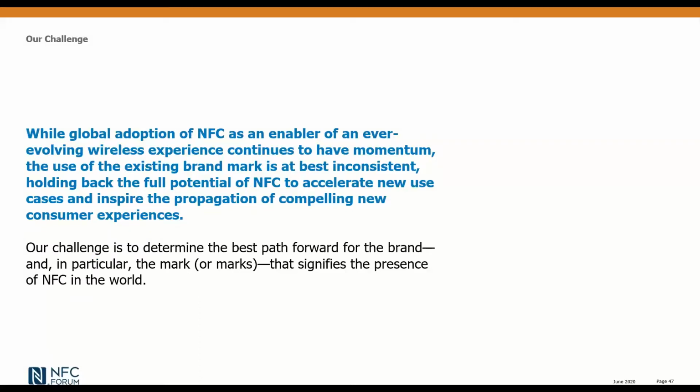Just at a high level, our sense stepping into this project was that a primary challenge is that even though adoption of NFC and compelling use cases around it continues to have momentum, the use of the existing brand mark has been inconsistent at best, and at worst, somewhat unclear and chaotic, and that's been a real hurdle for NFC to realize its full potential out there in the world,